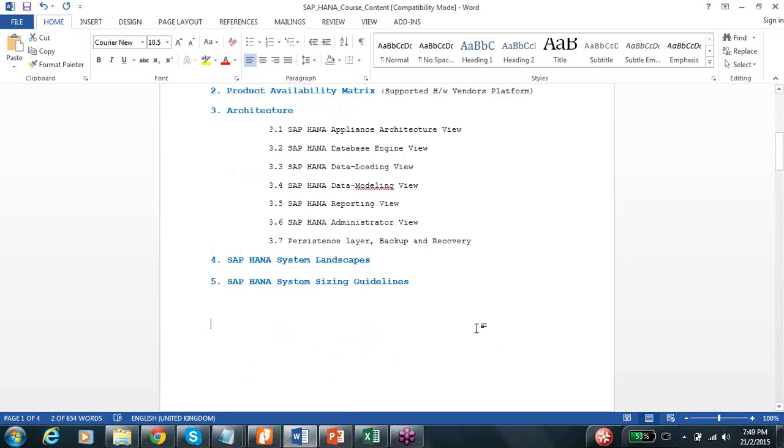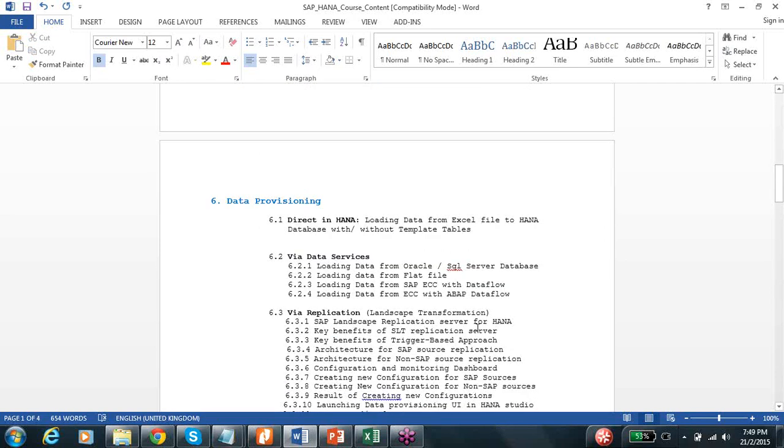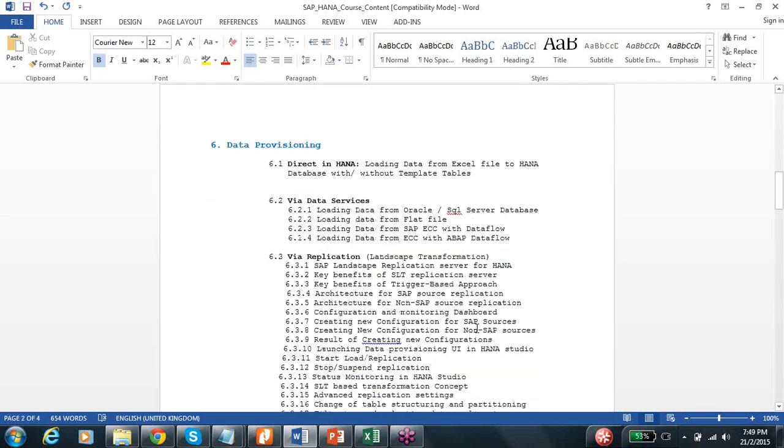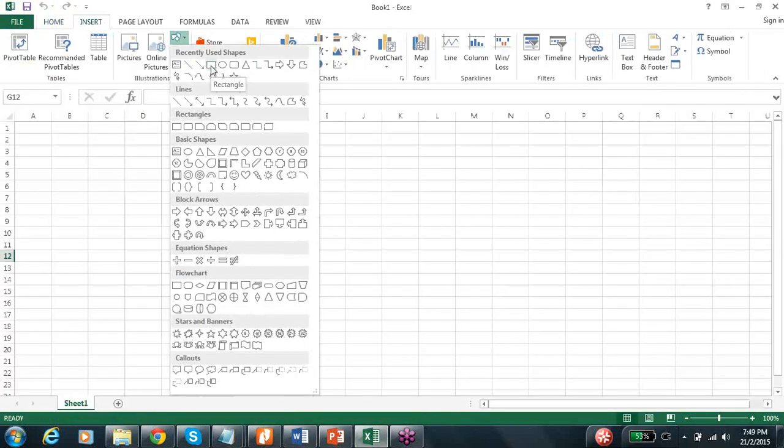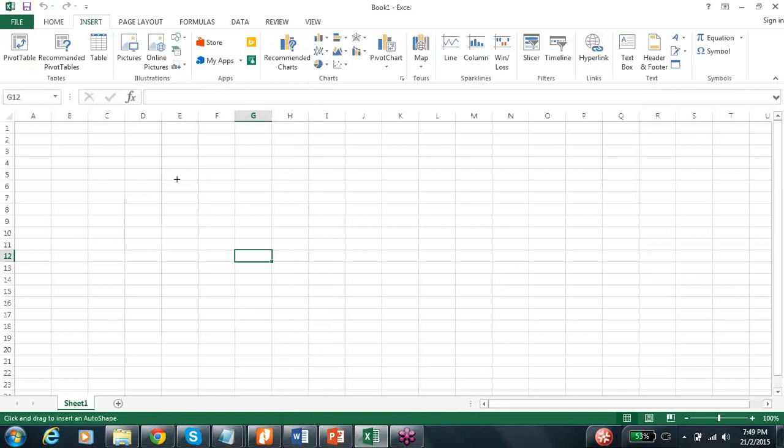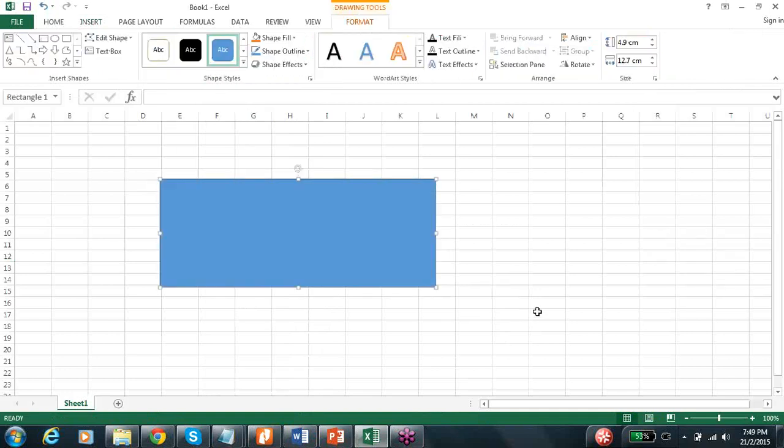From there we will be progressing to the next step, which is data provisioning. In layman language, how do you bring data into SAP HANA? How do you bring data into SAP HANA? So for now, what you can all think is, SAP HANA is an in-memory database for now. It is not complete, but just for now, what you can think is SAP HANA is